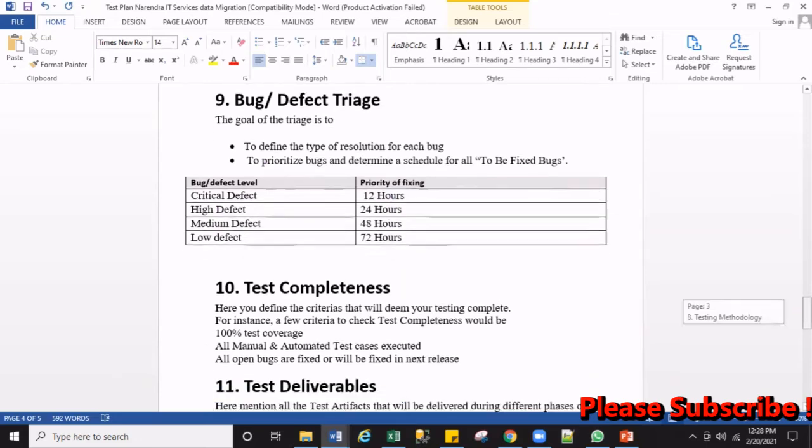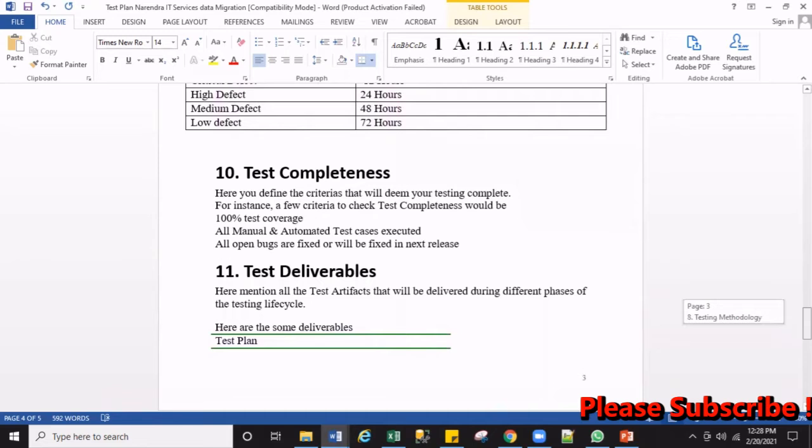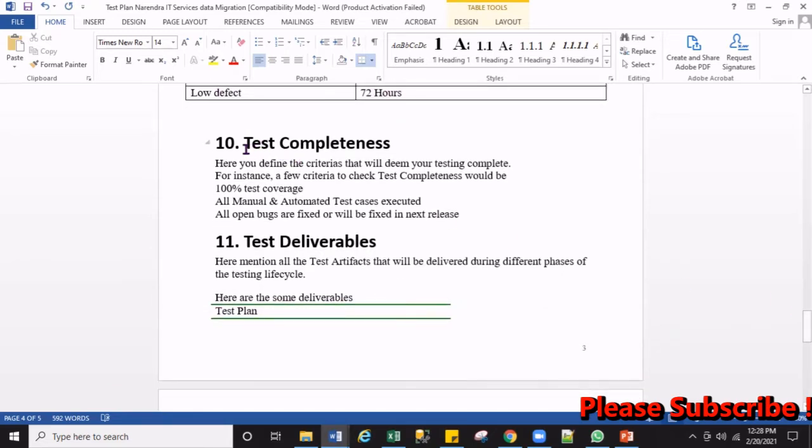So once your defect gets fixed, you are going to retest, right? How do you know your testing has been completed? You have to mention this. So here you define the criteria that will deem your testing complete. For instance, a few criteria to check test completeness would be 100% test coverage.